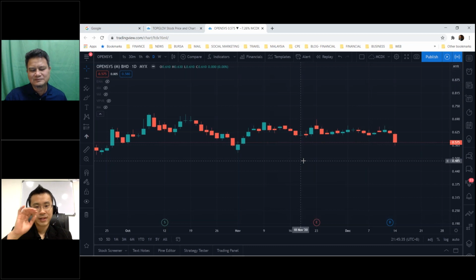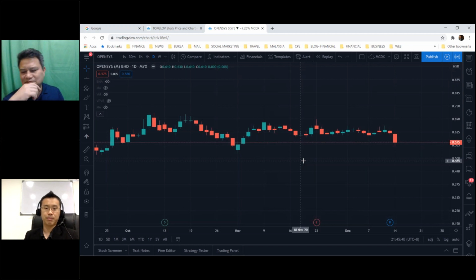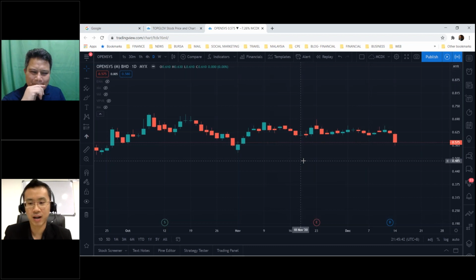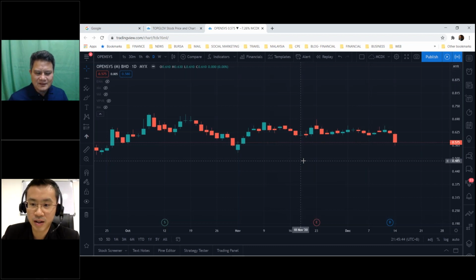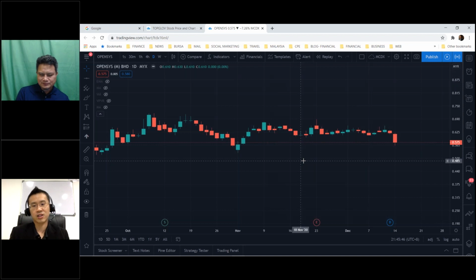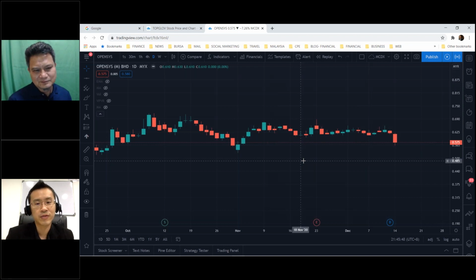The next question is, can we refer to the candlestick pattern in the middle of the market hours? For example, the market still changes, and the candlestick can still change throughout the day. This question is by Faisal. The answer is yes, you can use the candlestick even in the middle of the day. How to use it? One way is by using a smaller time frame. For example, you can use a 30-minute or 15-minute candlestick.